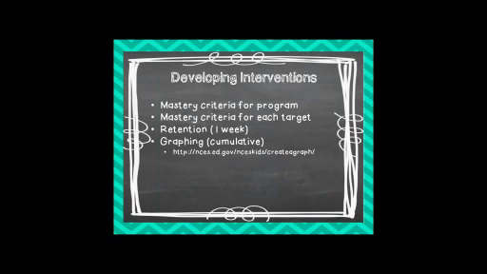Mastery, again, we just talked about the mastery criteria for the target. As far as for a program, that's going to depend on the assessment tool that you're using. The thing that I really love about ABLLS is it will tell you what the objective for the task is. So for G2, which is what we were looking at, the task name is labeling common objects. The objective is labeling at least 100 objects, which are commonly found in the environment.